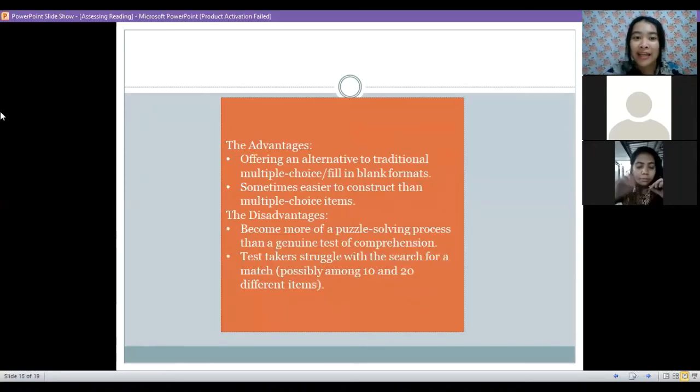slide, please. Okay, there are some advantages and disadvantages of matching tasks. The advantages are offering an alternative to traditional multiple choice or fill-in-the-blank formats, and sometimes being easier to construct than multiple choice items. For the disadvantages, the first one is that it becomes more of a puzzle-solving process than a genuine task of comprehension, and the second one is that test takers sometimes struggle with the search for a match among possibly 10 to 20 different items. Next,